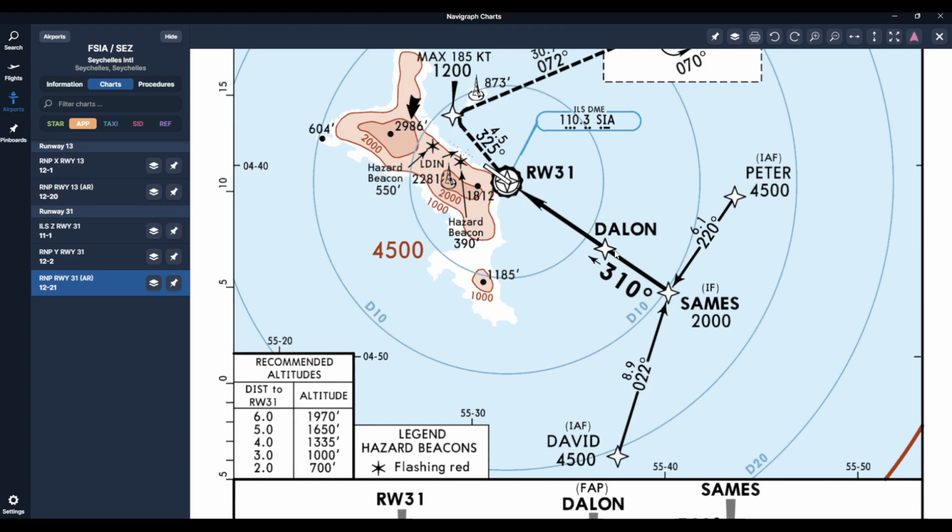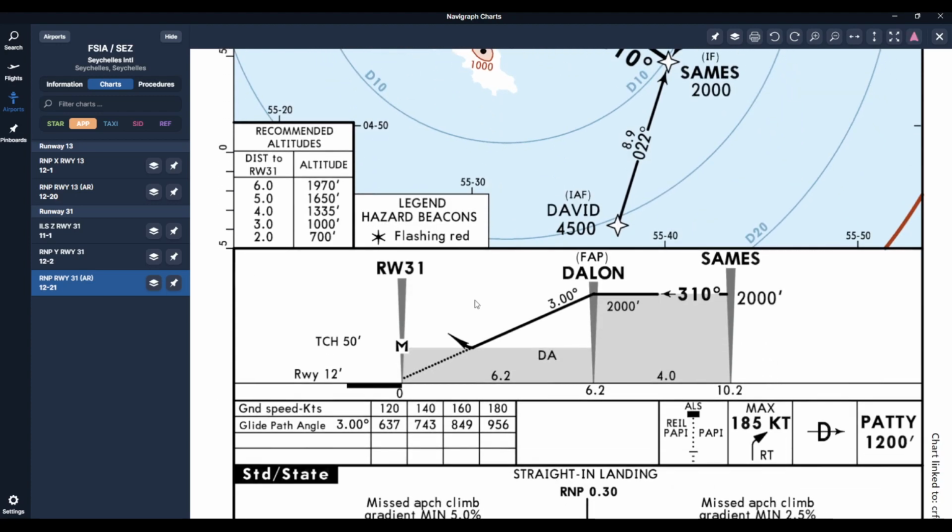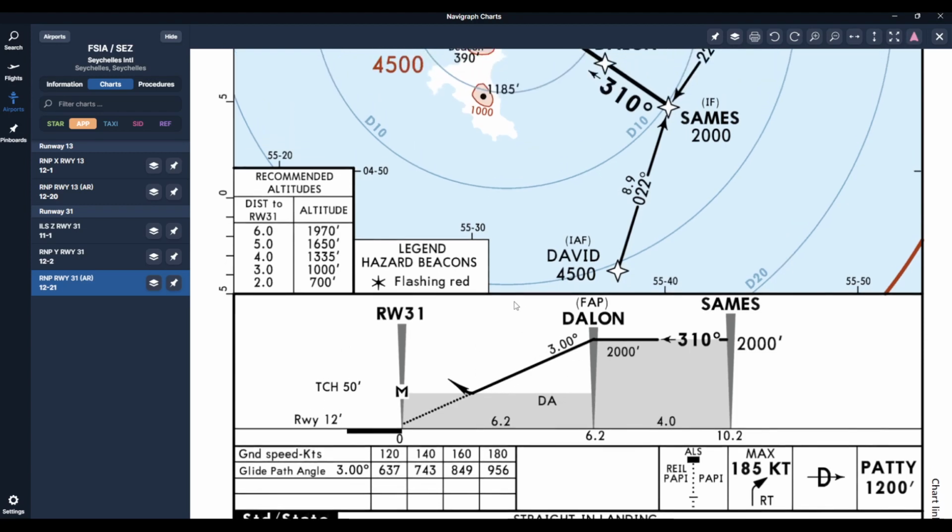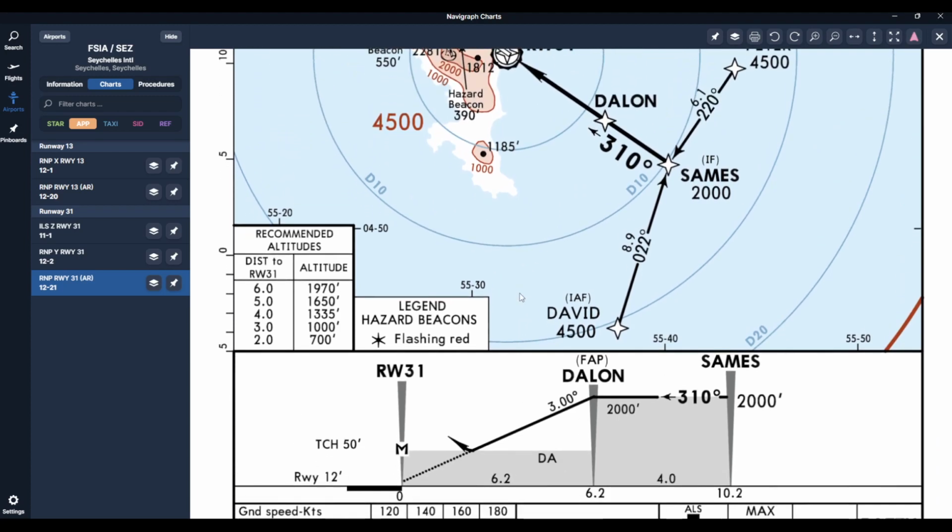So it's taking you all the way from David, Summit, Dallon to the runway 31. Most important, you have the runway 31 here, and you also have a threshold crossing height of 50 feet and the runway elevation is 12, so you have to make sure on your FMC you have runway 31 with the altitude of 61 and the 3-degree glide path going towards this runway, so you can use your flight director